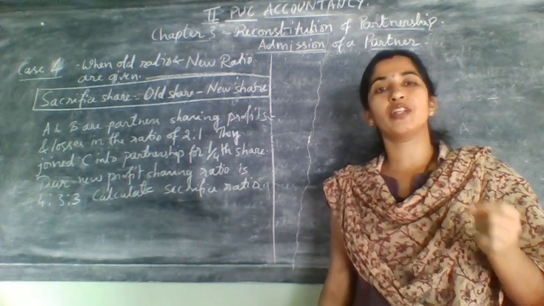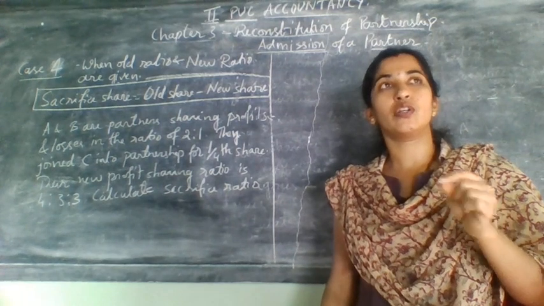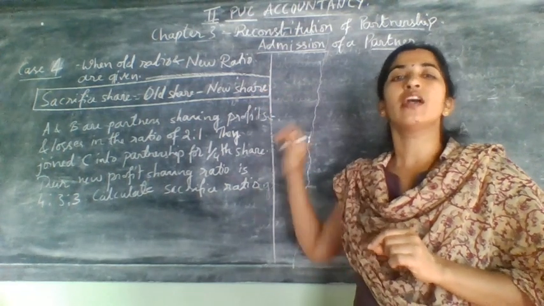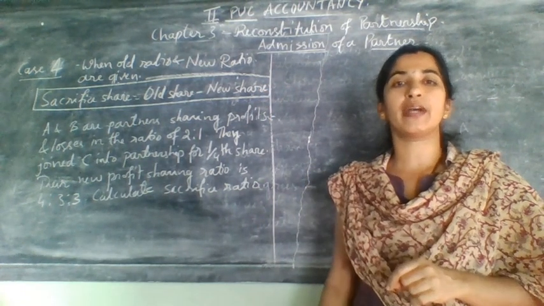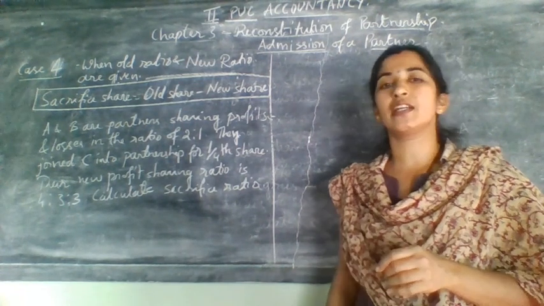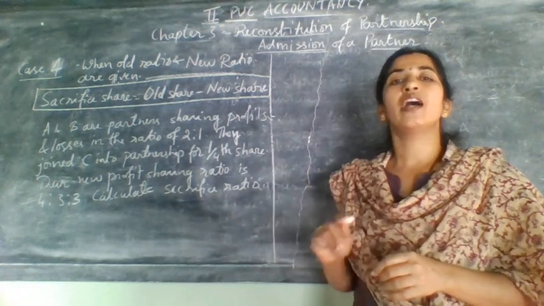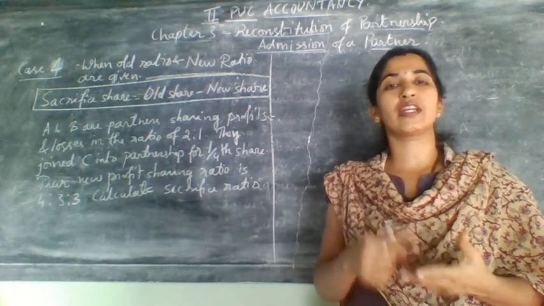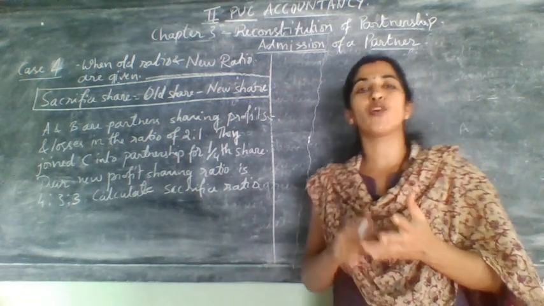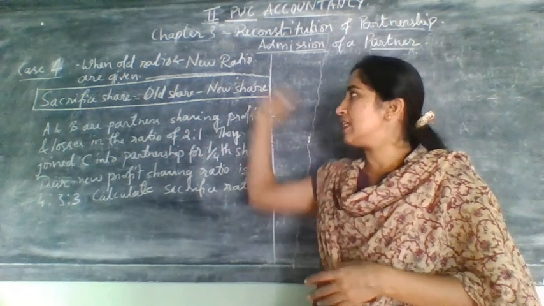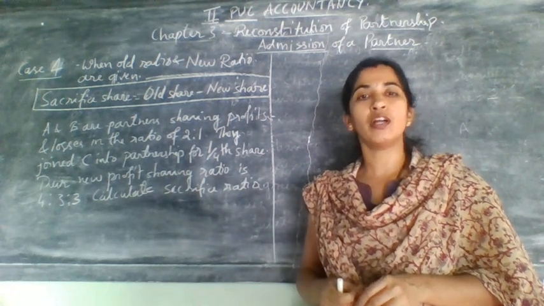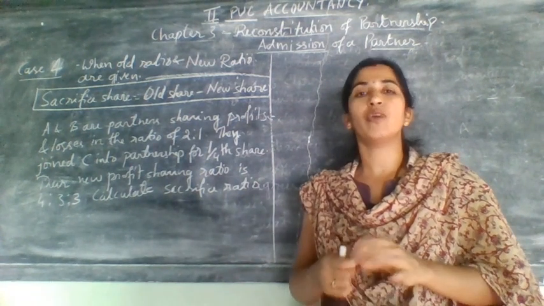You have questions to solve from case 3, case 4 and case 5. Those problems are there in your question bank, and today's homework is you need to start doing them. I think 9 problems are there in the question bank. I have not mentioned whether it will come under case 3, case 4 or case 5. So you need to see the question, understand it, and then do it in your homework book. So that is your homework part.